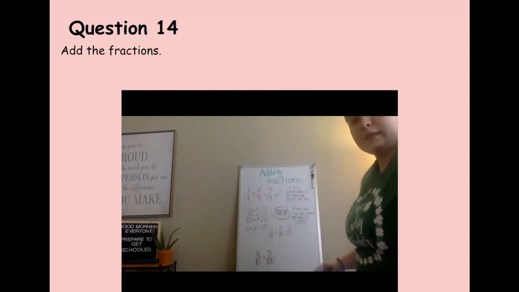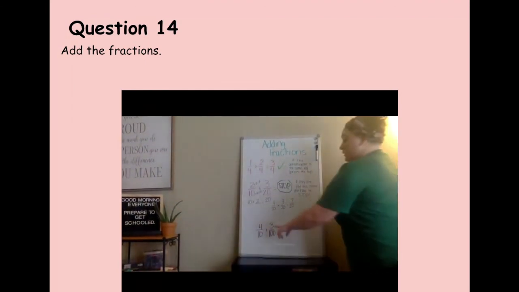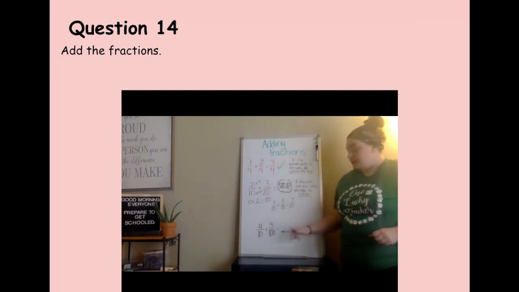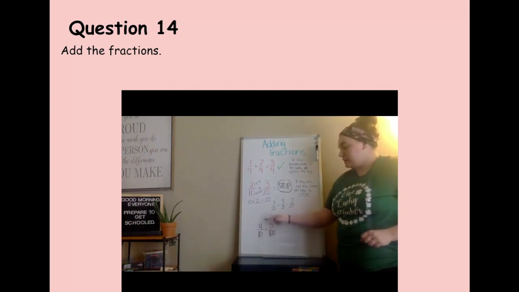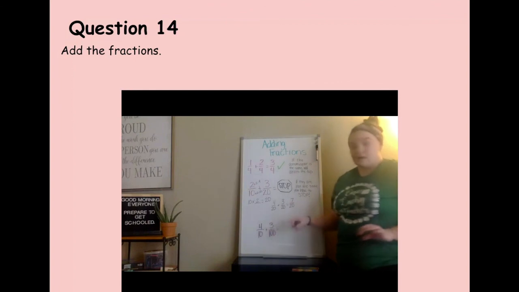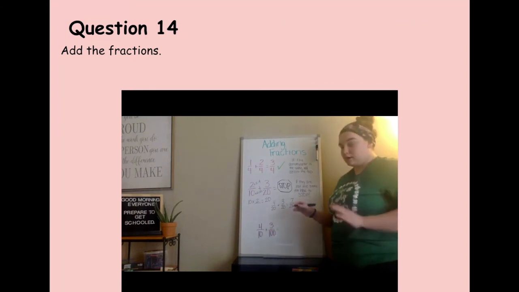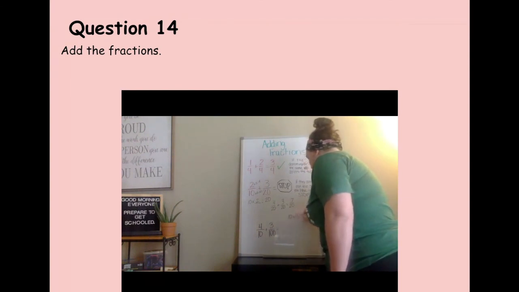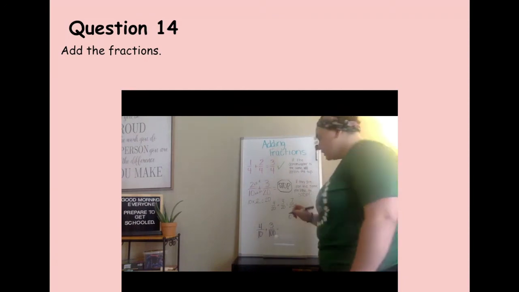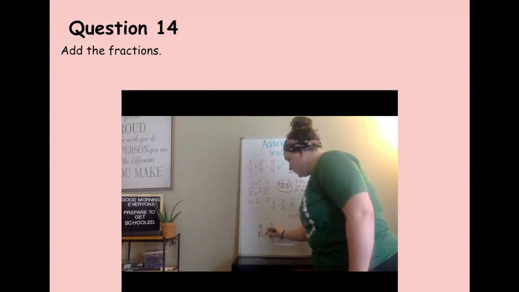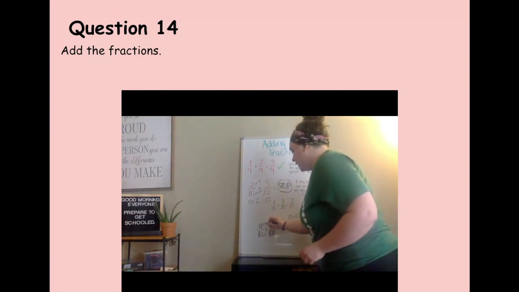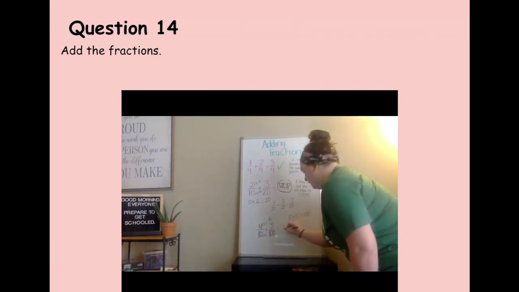So here's a problem you're going to see on your review paper. 4/10 plus 3/100. It wouldn't make much sense for us to change the 3/100, so we have to change the 4/10. 10 times something has to equal 100. Okay, that's another super quick fact. If I think 10 times 10 equals 100, I should have a common denominator of 100. Whatever I do to the bottom, I have to do to the top. 4 times 10 equals 40. So now I should have